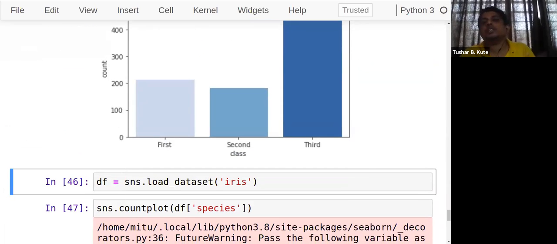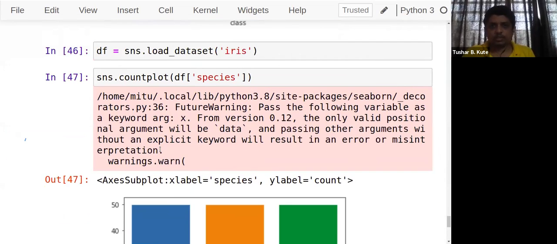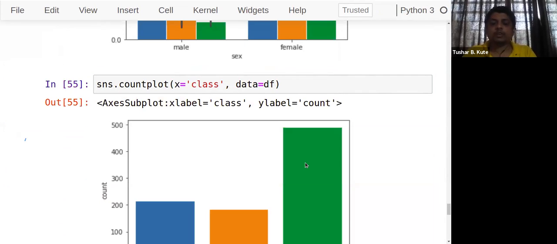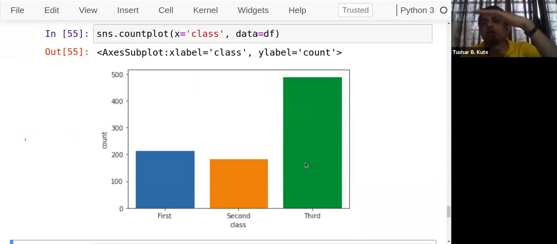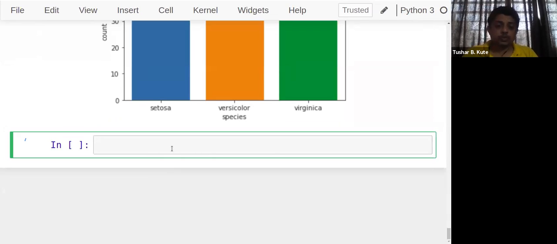Okay, so this is the idea of the count plot that we can use. And one more thing to note: maybe in a machine learning algorithm we require that. I want to use this count in the numerical format. So to do this, Python contains a library called collections, by which you can see the count. Here the counts are not shown, remember. Check this. It only shows the bars, where the highest and lowest counts are. That's only shown there. But if I want to show the actual count, there's the collections library in Python which you can use.